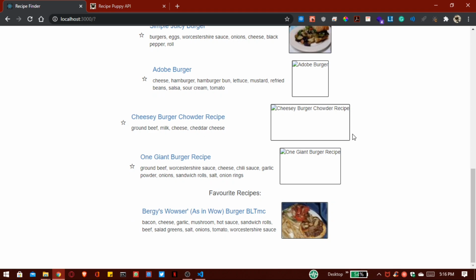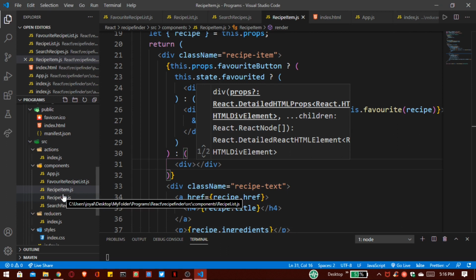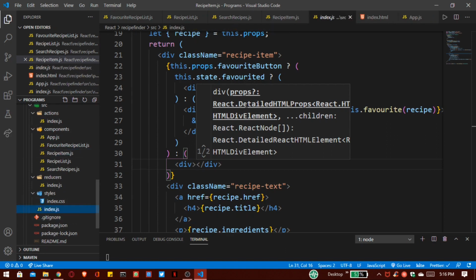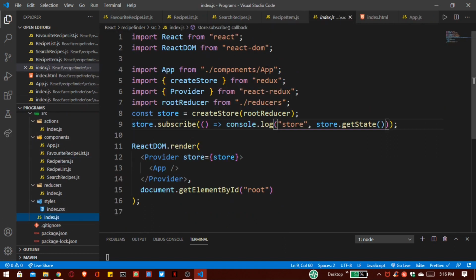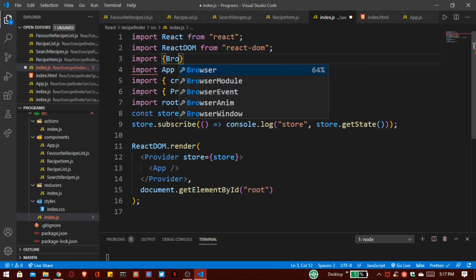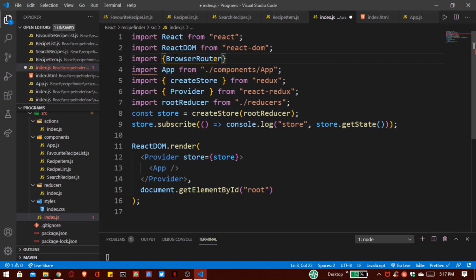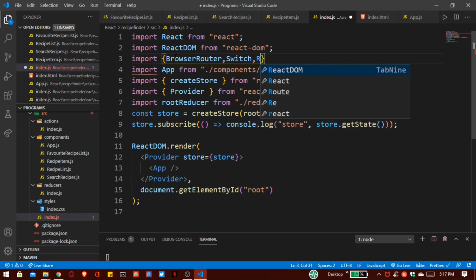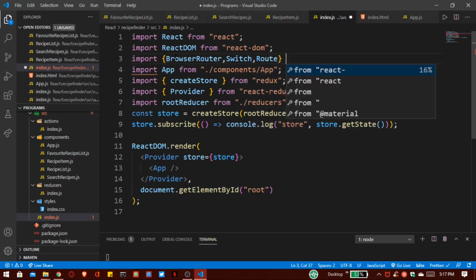Now remember, on starting we also have to import our React Router DOM. That toolkit will allow us to get our component list and our browser pages to work together. So let's do that functionality. First we have to go inside our index.js file, that is inside our source, and we have to import React Router DOM. So here we have to import. First I want to import our functionality, that is BrowserRouter. Second is our Switch, and third is Route, and that is from our React Router DOM.